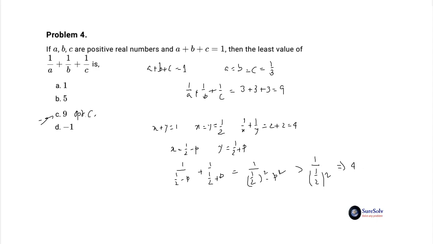So with p as an arbitrary positive real number, this process effectively shows for any combination of values of x and y other than 1 by 2 each, the sum of reciprocals would be greater than 4. Only when the variable sum of unity is equally shared between the two variables x and y as 1 by 2 each, the sum of the reciprocals will be the least and the least value will be 4. The concept that equal shared value results in least sum of reciprocals can be extended to 3 or more number of positive real variables. If you know the principle, you can solve this problem in no time. Let's solve now the last problem.